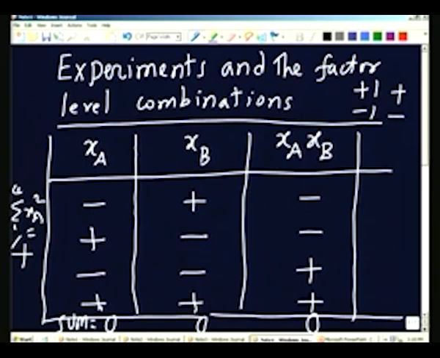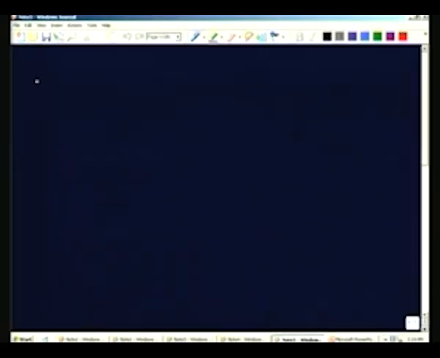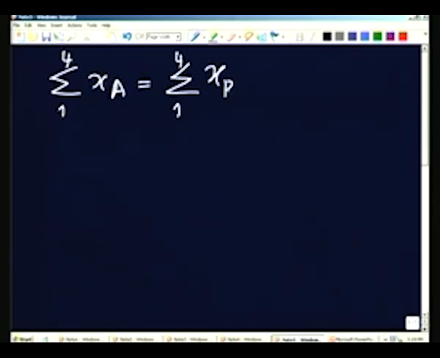I think I will write it in the next pane. So, what I am doing is this: sigma xA, 1 to 4, equal to sigma xB, equal to sigma xA xB,